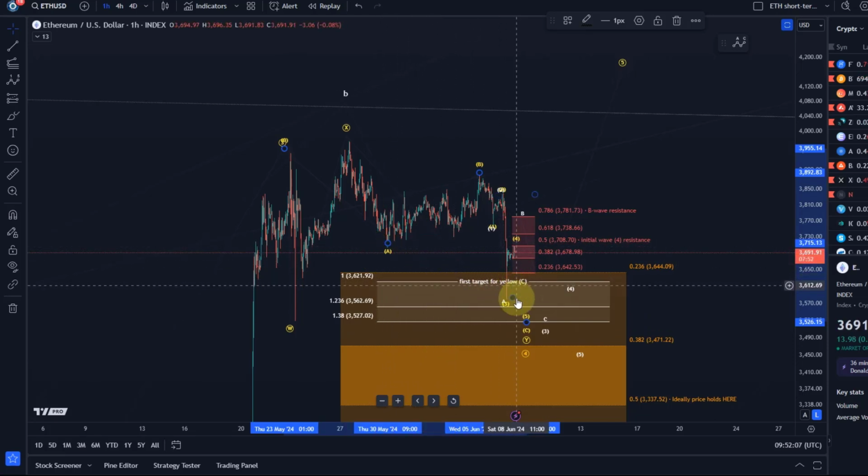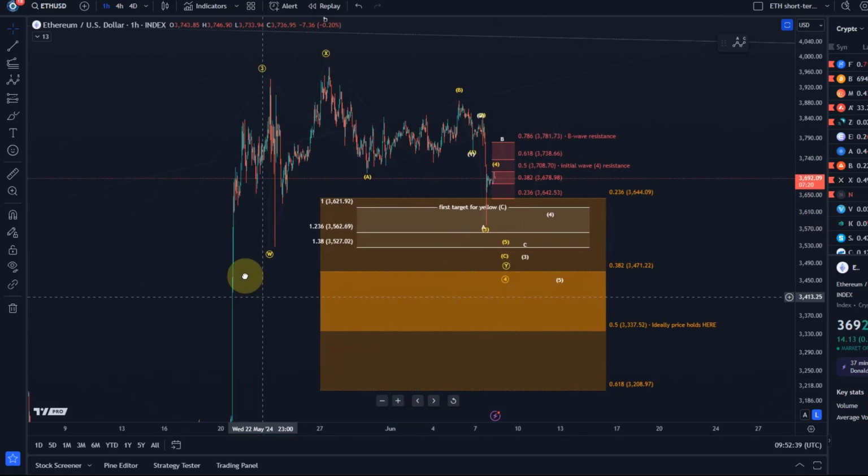The first target for yellow wave C was at $3,622. Price did go just below that, but reacted to that level. It's a common projection. The thing is that, let's say there was a volatility event, you could say a small liquidation event, right? So sometimes when the volatility is so high, of course, the market might briefly break below. In fact, that's also why there's not only one Fibonacci level, it's a bit of a range.